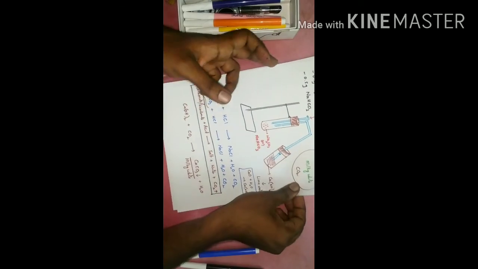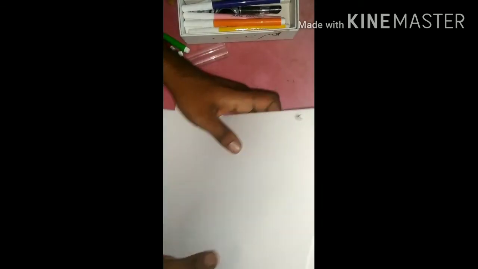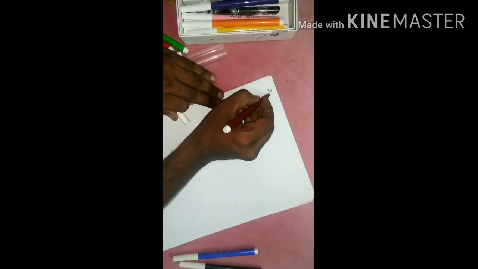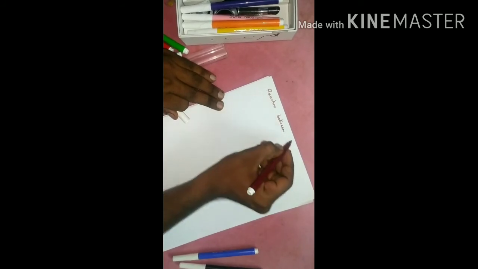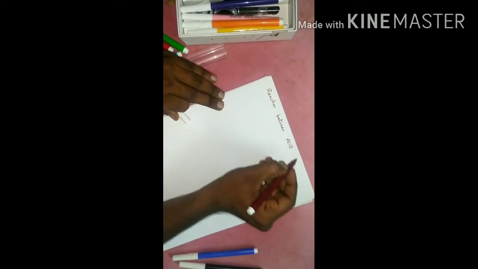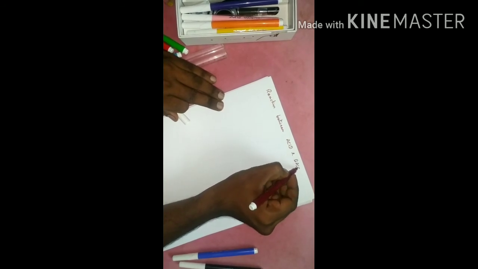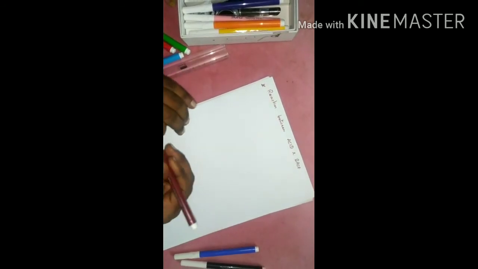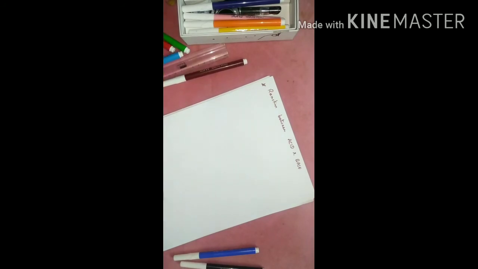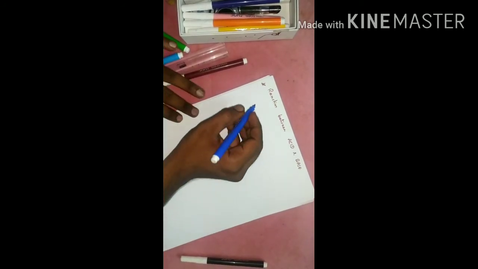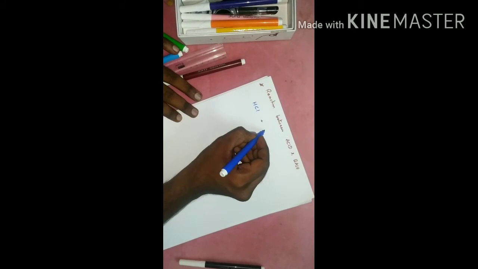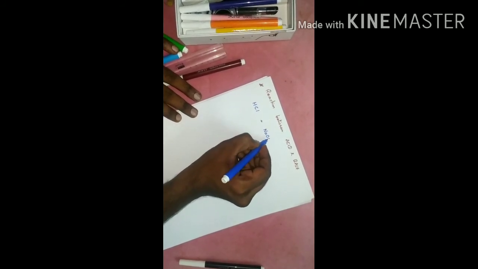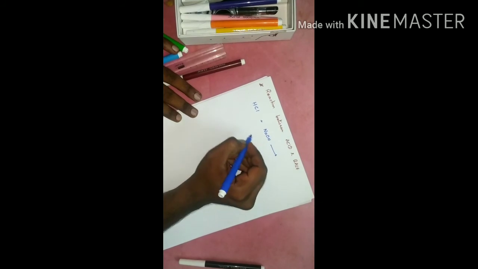Right. Now the third type of reaction we will see. That is the reaction between acid and base. This is also most important. Reaction between acid and base. Let us take an example of an acid, HCl, which is very commonly known to us, hydrochloric acid, plus the base sodium hydroxide. Very simple equation it is.